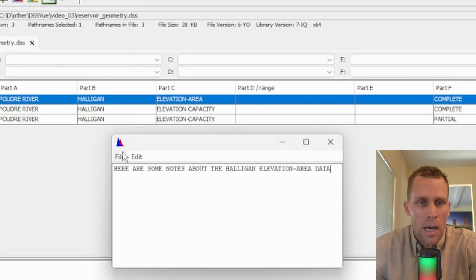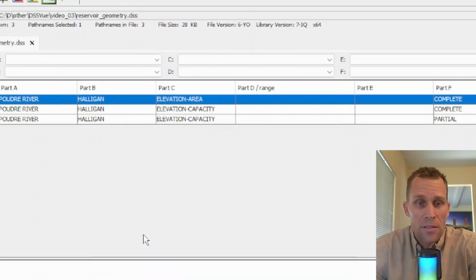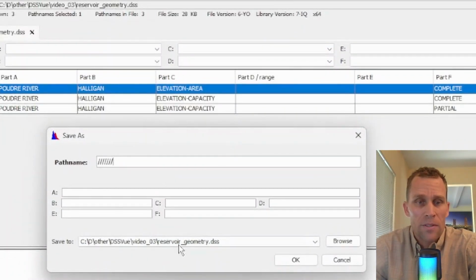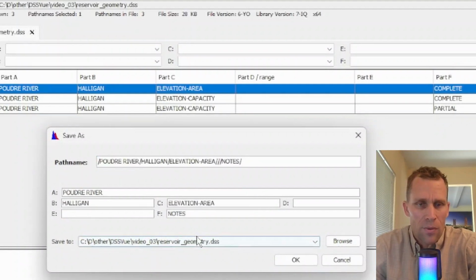Okay, so I can click File, Save As, and you'll be prompted with a dialog to basically complete the same metadata used to compose the file path. So I'm going to again paste in what I have prepared. You can fill out the individual parts if you want, but this is what I'm going with. Basically the same data for the Halligan Reservoir elevation area, except for F, it just says notes. So when I click OK,